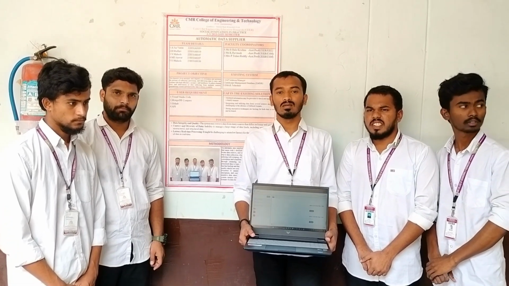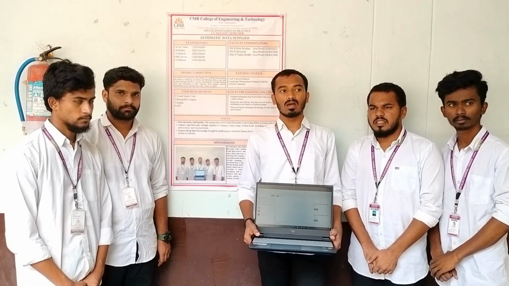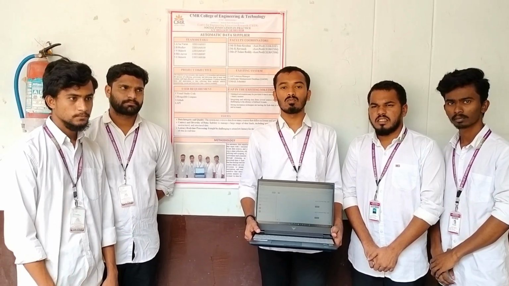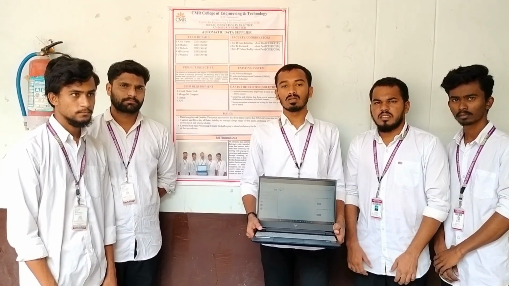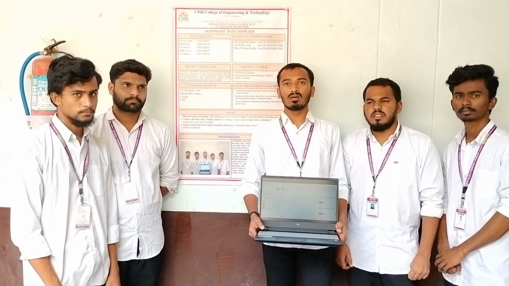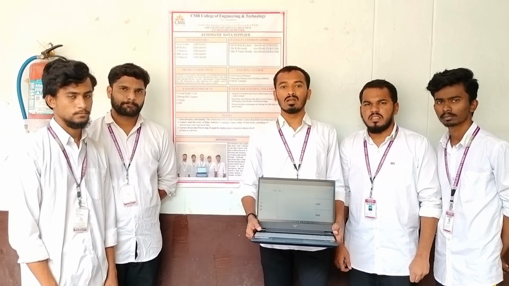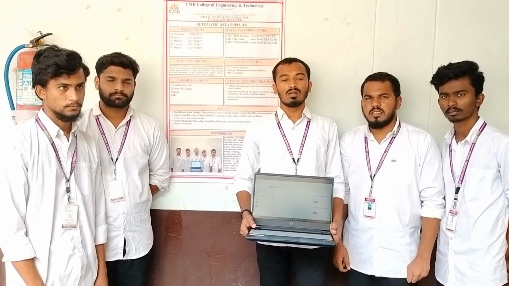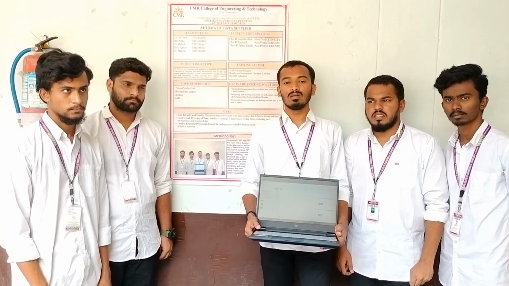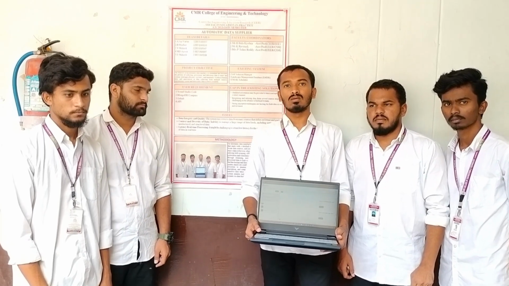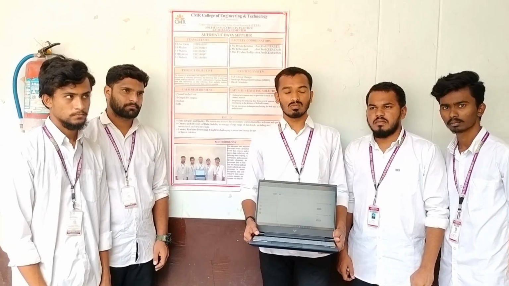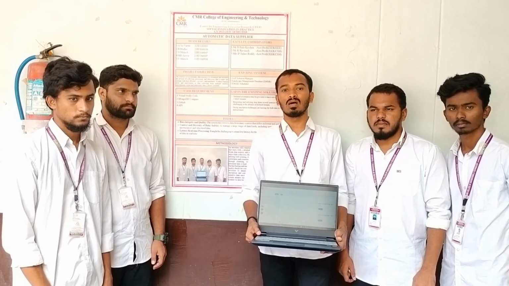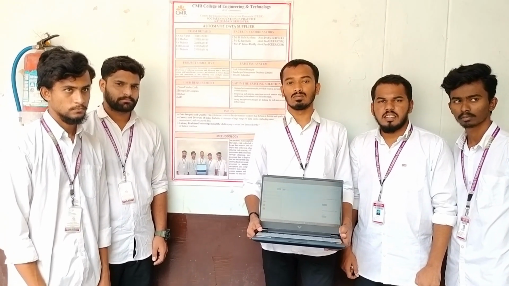Our project title is Automatic Data Supplier. I want to tell about the objective of our project. The objective is that Automatic Data Supplier streamlines and automates the process of delivering data to the user with efficiency and timeliness, and it is very useful in our society for delivering data fast without labor.